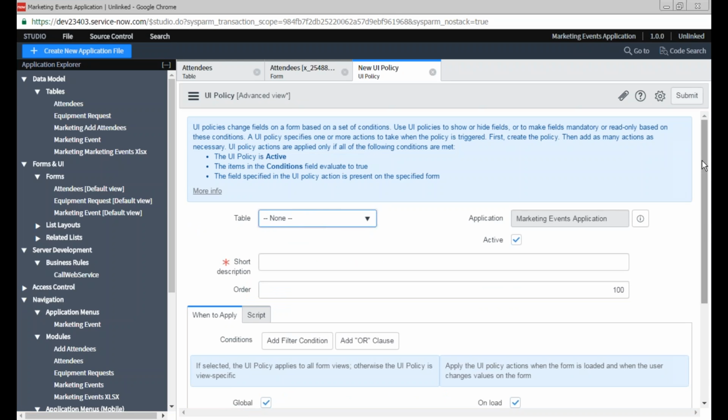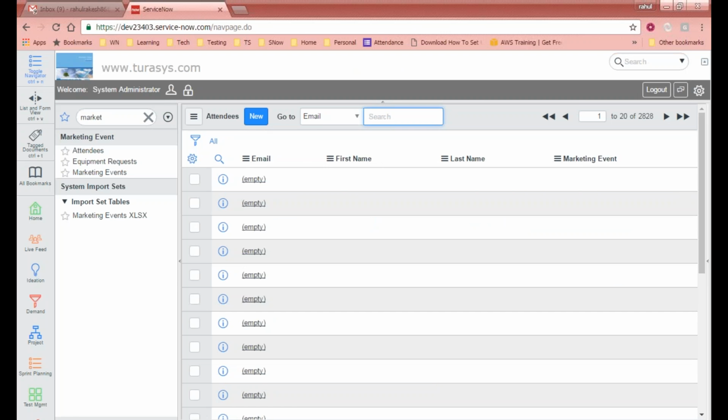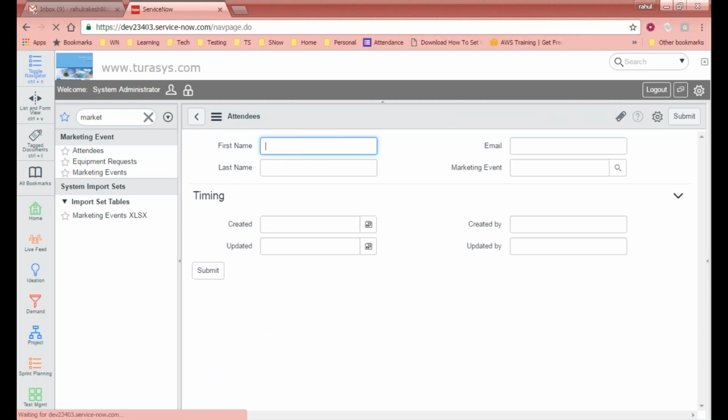Now it is asking for several information that I need to fill in before I create this UI policy. Let's discuss this UI policy, what it can do. UI policies change fields on a form based on a set of conditions, right? So basically, if you want to put a condition on the field on the form that the first name should not be empty, it should always be mandatory, it should be visible, it should be read only. So these kind of properties, if you want to set,